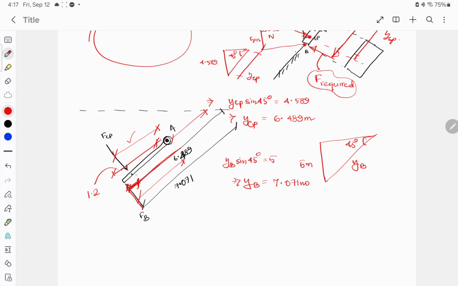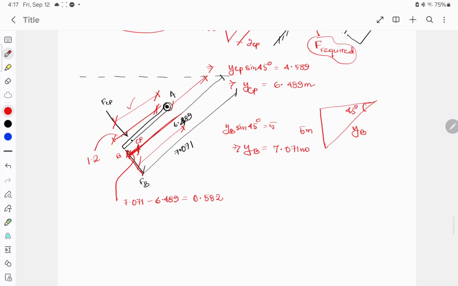अगर हम इसको CP पकड़ते हैं, इसको B पॉइंट पकड़ते हैं, तो ये वाला डिस्टेंस होगा 7.071 माइनस 6.489. दैट कम्स आउट टू बी 0.582 मीटर।